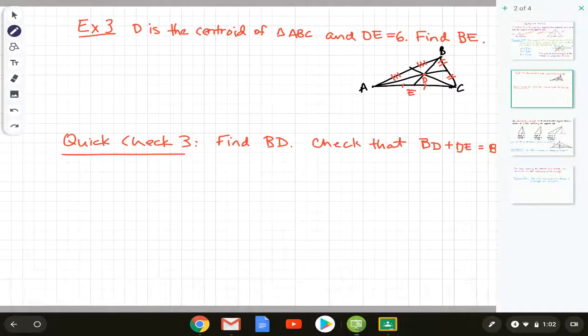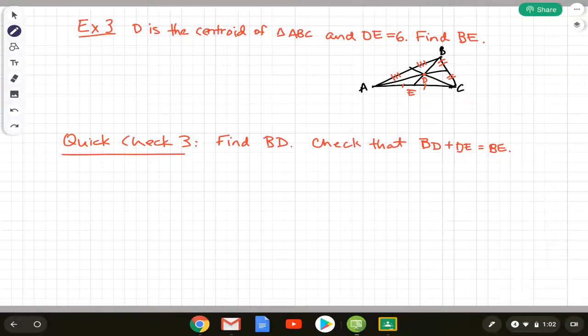Okay, so example 3 has this triangle drawn, and it says that D is the centroid of triangle ABC. And they give us the measurement for DE, it's equal to 6, and they want us to find BE. So we have to think about our vocabulary. Centroid means the medians are intersecting, and so I know I can use Theorem 5.8,